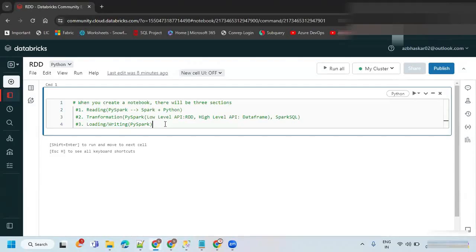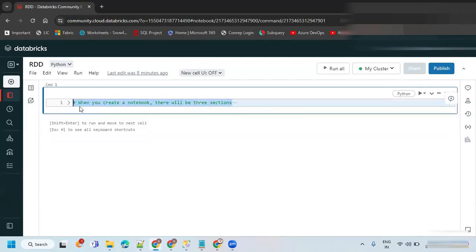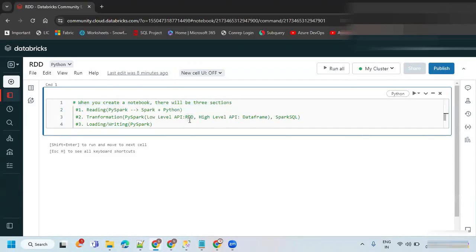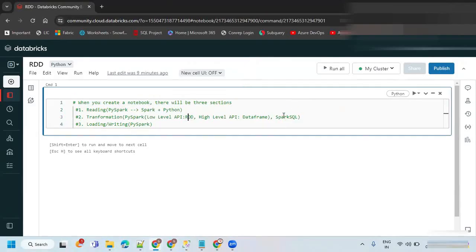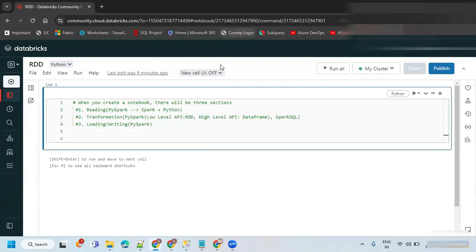If you have one notebook in your place, then you can reuse the same thing. You can take a duplicate; you can clone it the way we clone datasets or pipelines as part of Data Factory. In the same way, you can clone your notebook and reuse the existing code. That is what we did. We can save a lot of time when you go for cloning. So the only thing is first to think about how we can write it. That is the important part. Now, I wanted to talk about RDD.